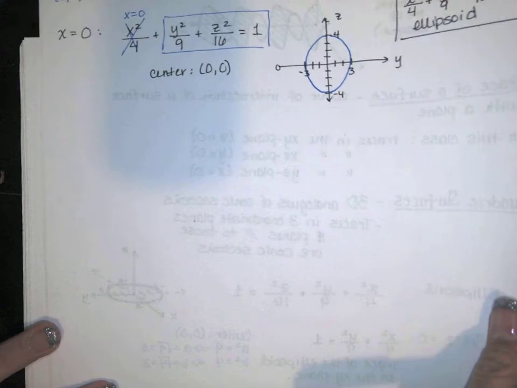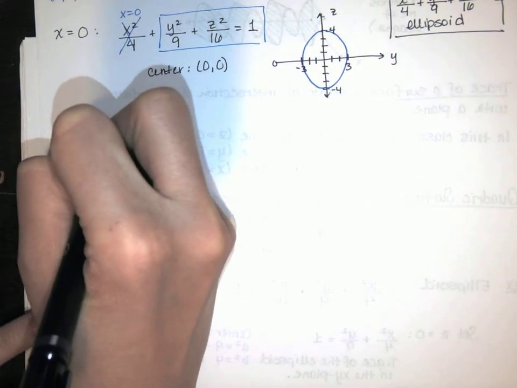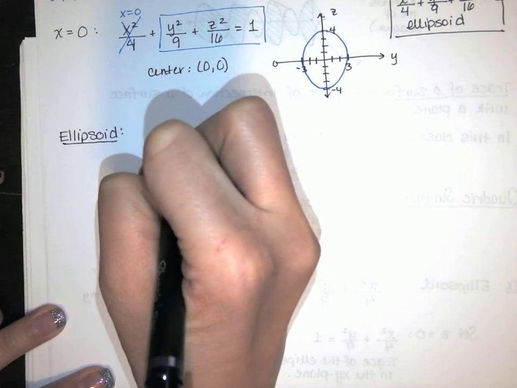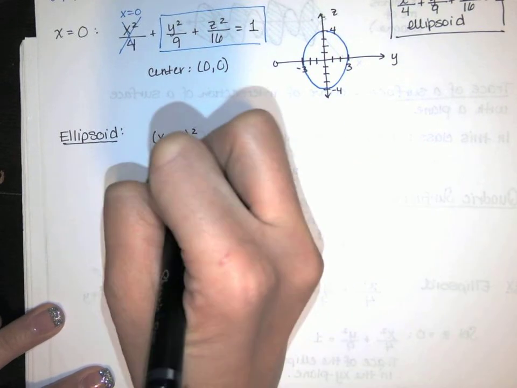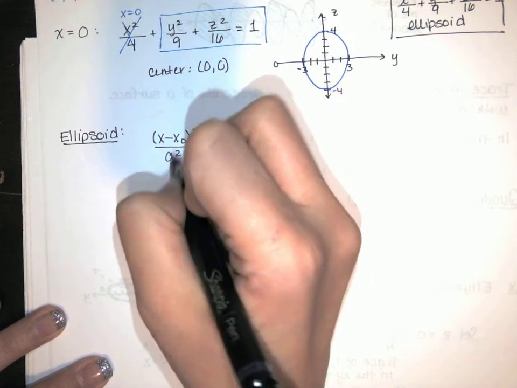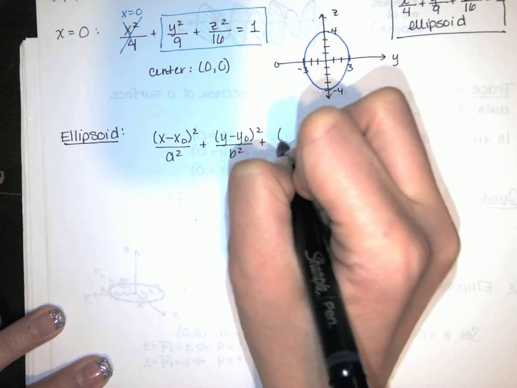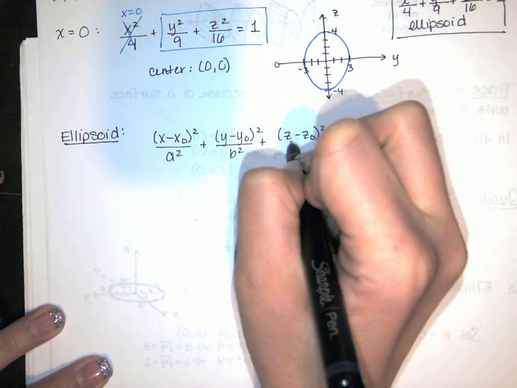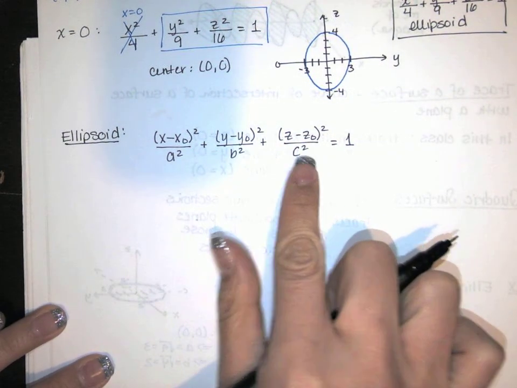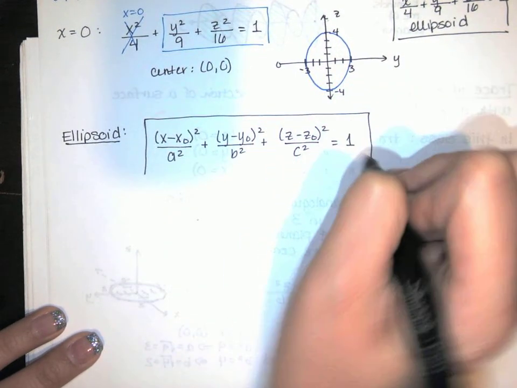So here is the standard form of the equation of an ellipsoid. Now we chose one that was centered at the origin, but this could be centered at any x naught, y naught, z naught that we want. Now we're not going to adopt the convention that a squared is the largest. We're just going to put the a squared under the x, the b squared under the y, and the c squared under the z. If that's equal to 1, all 3 variables are squared, all 3 terms are positive, and we have a 1 over here. We have an ellipsoid